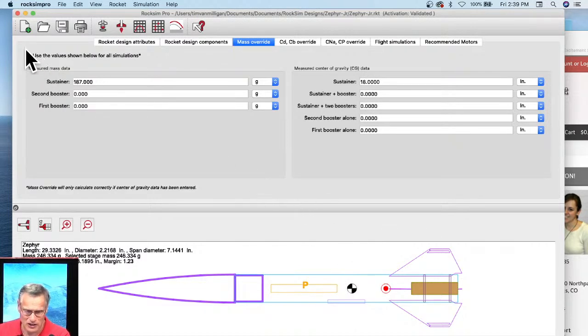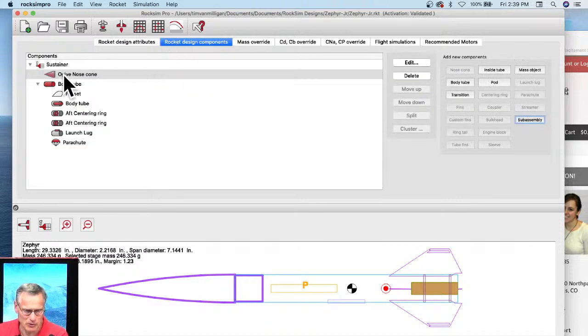And so whoever made the design, I don't know if it was me or not. It might have been Christopher. Because normally I don't use mass override because of this very situation where it just causes confusion. So right now we're going to ignore this,